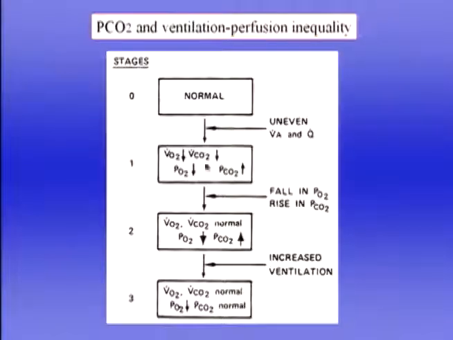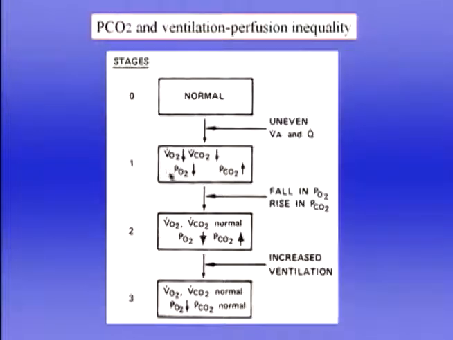A lung with VAQ inequality cannot transfer the same amounts of gas as a lung without VAQ inequality. And so this is an inevitable result when we impose VAQ inequality on the lung. Now, this is not a viable situation, at least over a period of time, because the lung has to transfer the amounts of oxygen and CO2 required by the metabolizing tissues. So something's got to change. You can't stay at stage